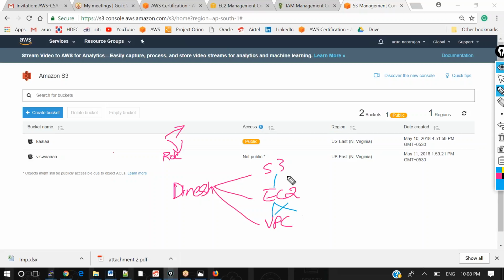We haven't created any permission so that S3 can communicate with EC2 and EC2 can communicate with VPC. If you want to make a communication between the services, then you need to create a role.